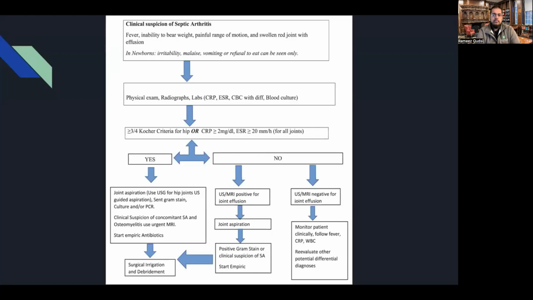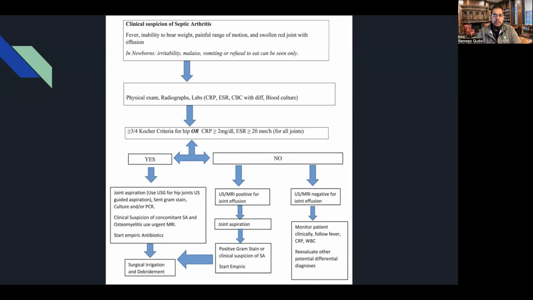This is just a representative algorithm. It's one that I like, if you have a clinical suspicion of septic arthritis, just having a protocol. In areas where maybe orthopedic officers or orthopedic physicians may not be available all the time to examine the child, this can be a reasonable way to guide other clinicians that if there's concern, doing the physical exam, getting the x-ray and labs,